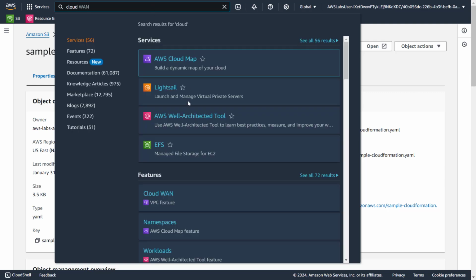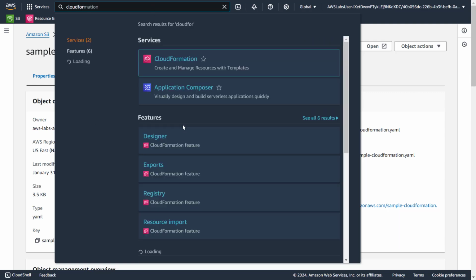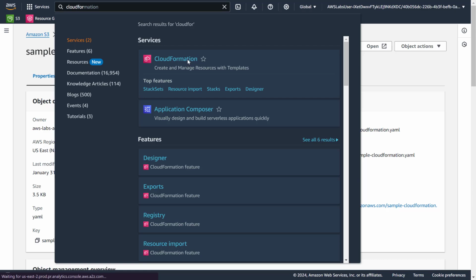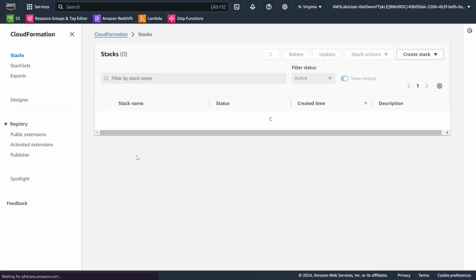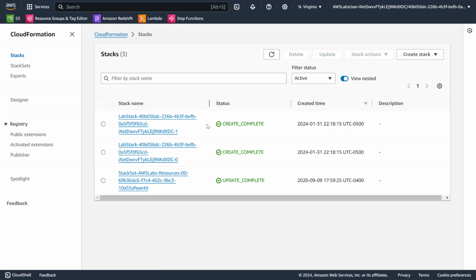CloudFormation. You might be seeing, oh, there are stacks, yes, because whenever we create a lab, how does it create the lab for us? Obviously, it is going to execute CloudFormation stacks or templates, they are called. Yeah, see this? They created this, and that's the lab that we are going to get. Anyways, we are here. What are we going to do? We are going to create a stack with new resources,